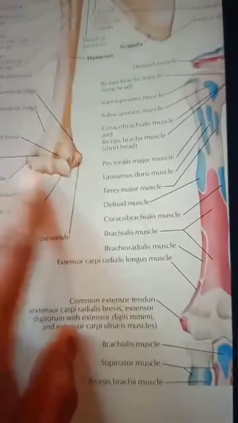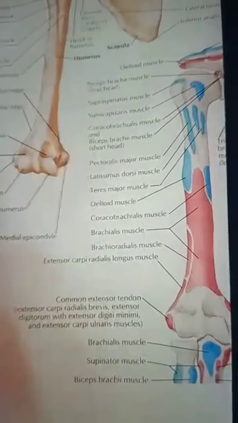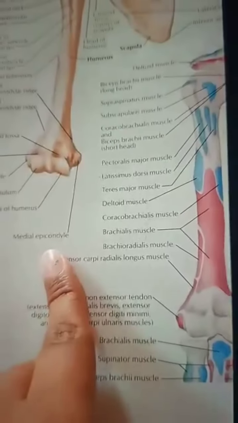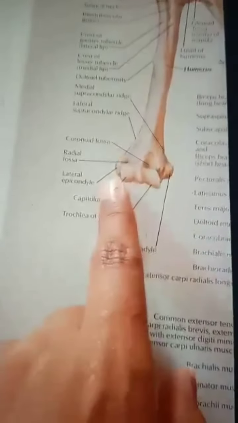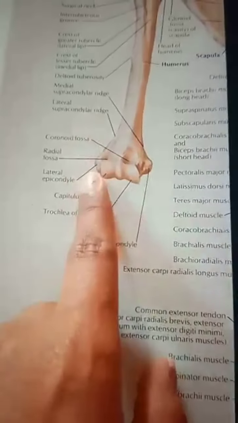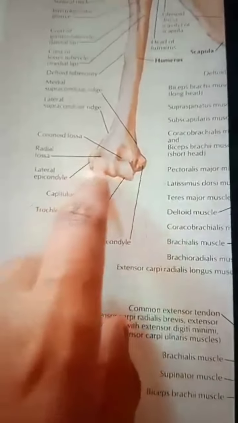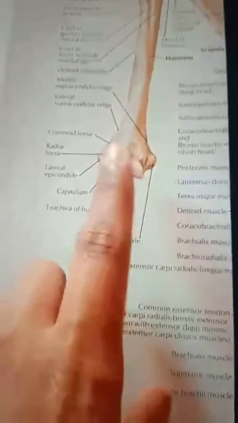And next let us see the epicondyles. So epicondyles are nothing but extra capsular structures. This is the lateral epicondyle and this is the medial epicondyle. So these epicondyles are the extra capsular structures. The medial epicondyle is giving origin to the common flexor origin, that is also known as golfer's elbow, and the lateral epicondyle is giving origin to the common extensor origin, that is known as tennis elbow, of the forearm muscles. So it is giving the common extensor origin to the forearm muscles, that is the lateral epicondyle.